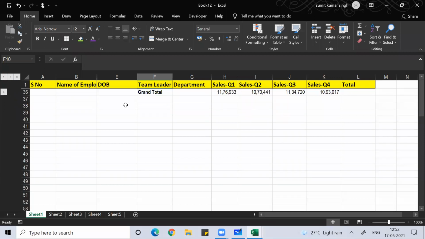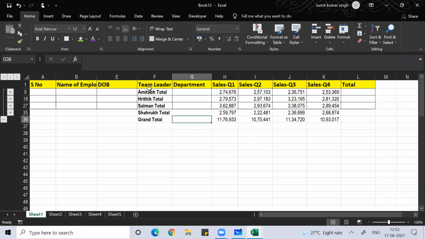This is your first window. Here you just see the grand total, nothing else. Final answer, conclusion. Like in a movie, when it ends, this is the final: does this person kill this person, or does this person marry this person. Through the whole movie two boys were fighting for one girl, and in the conclusion a third person, Gautam Sharma, got the girl. So this is the grand total, the final conclusion. You wanted the sum, right? Q1, Q2, Q3, Q4. This is the final sum.